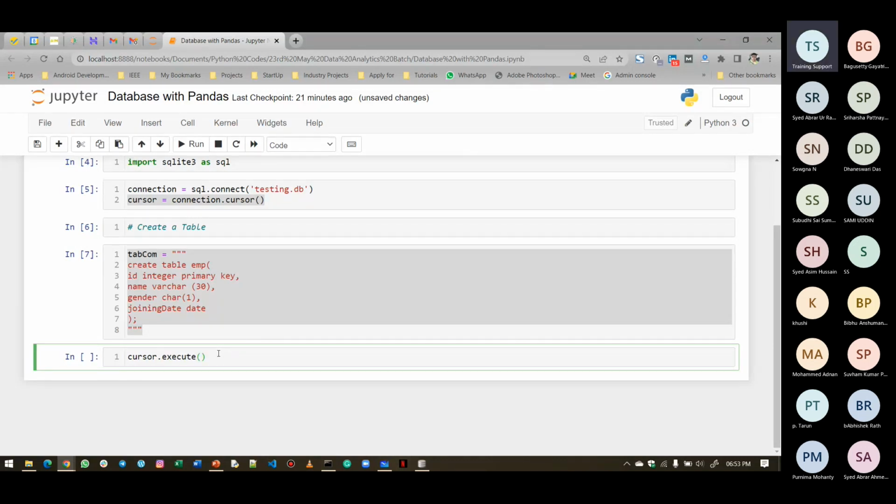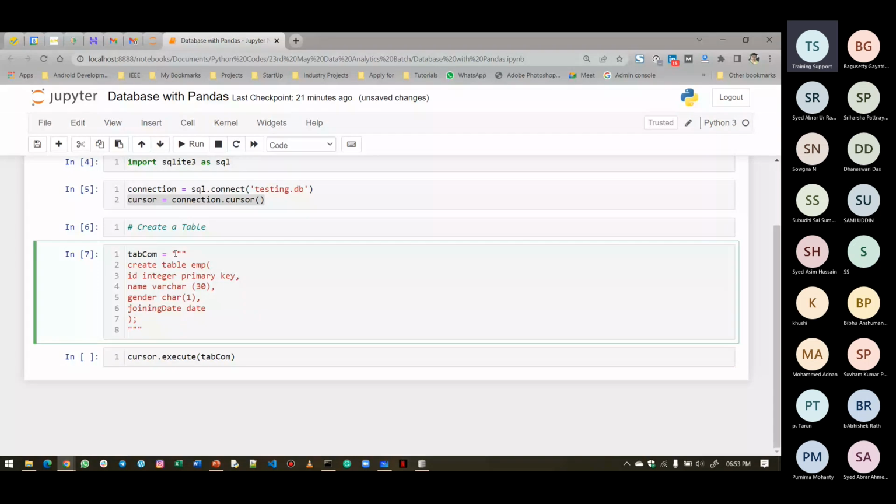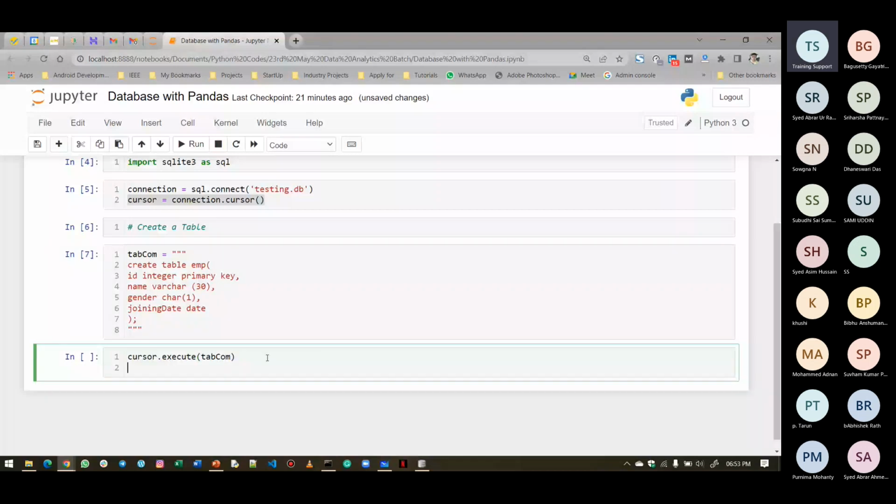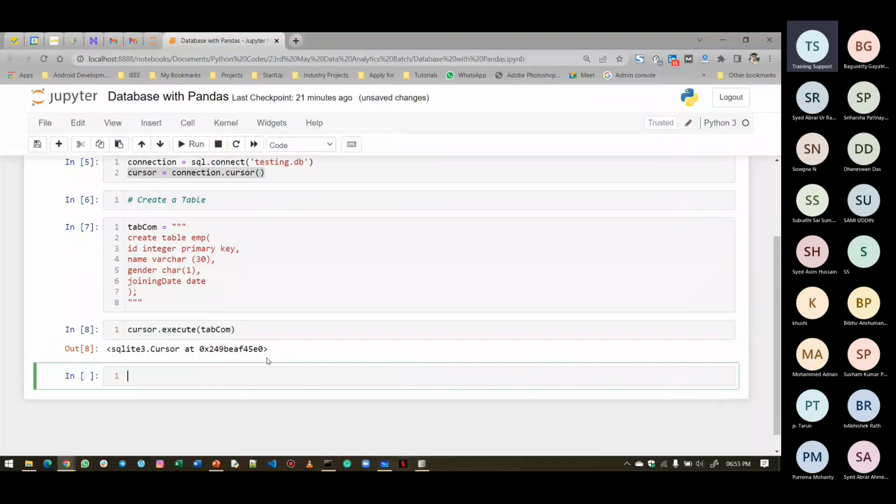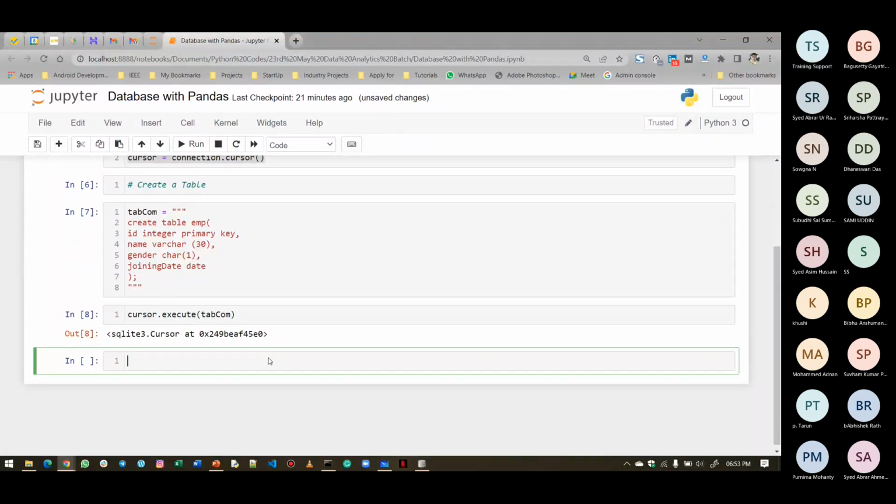Execute what? The table command. If you want, you can write this whole string here also. That will also work. Okay, you will execute it. And whenever you execute, remember class, you have to commit also and close also. Commit and close. So write here connection